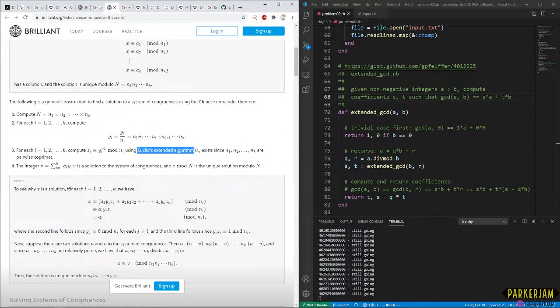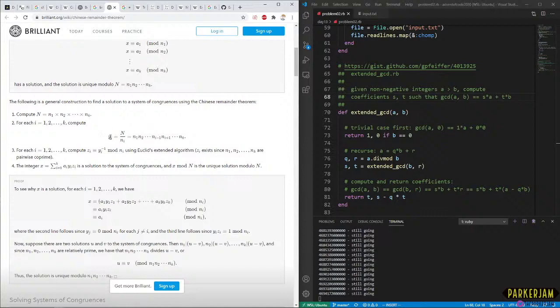Back to here. The integer x in the summation of a times y times z. Z is this thing we're getting from Euclid's.